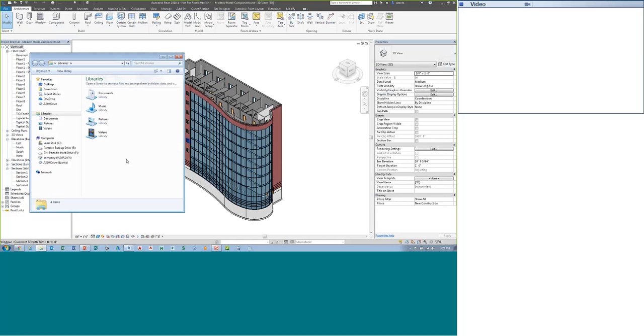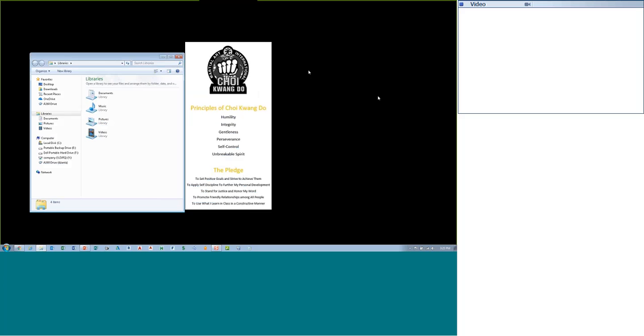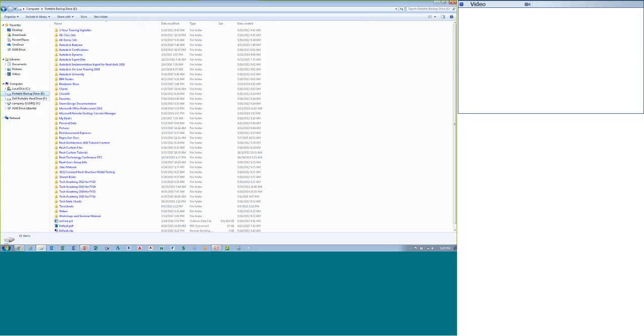But it's a little dangerous to do that because most companies have more than one version of Revit installed on their computer. So for example, on my computer, I have Revit 2018 installed, but in virtual, I have 16, 15, and 17. So if I were to drag and drop a file onto the Revit interface, that Revit software has to be up and running anyway, and so I already know what version of Revit I'm throwing it into. If I don't have Revit open, and I go to Windows Explorer, and I just open the file that I want, like this,